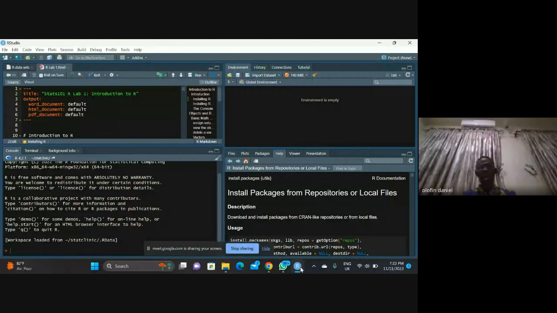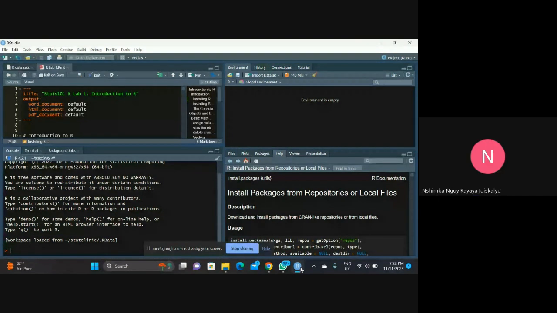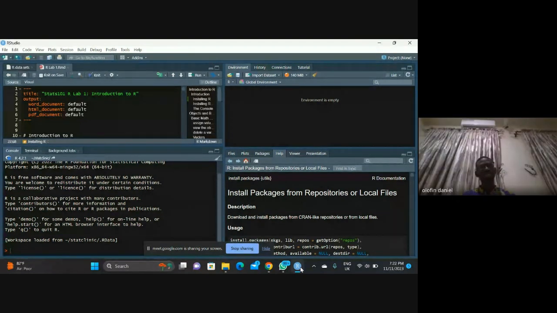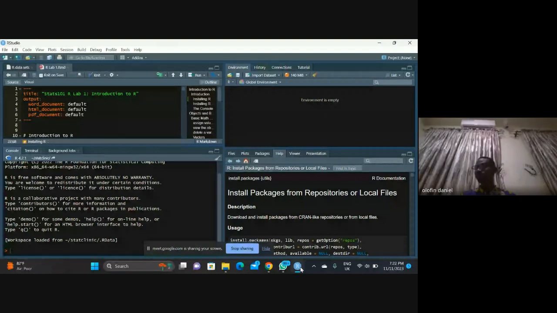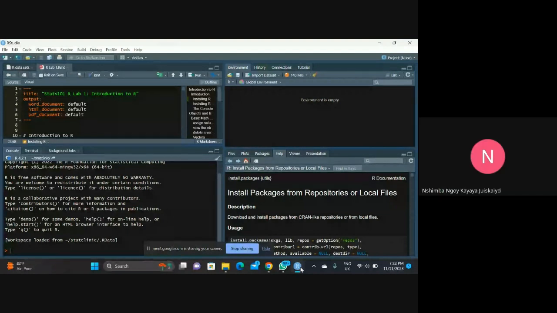Okay, good. I think by now everyone should have installed R. Everyone should have RStudio on their respective systems by now. So I'm going to take you through the overall environment before we start into the class proper. So since you can see my screen, at the